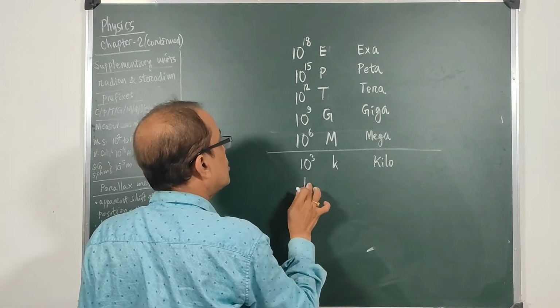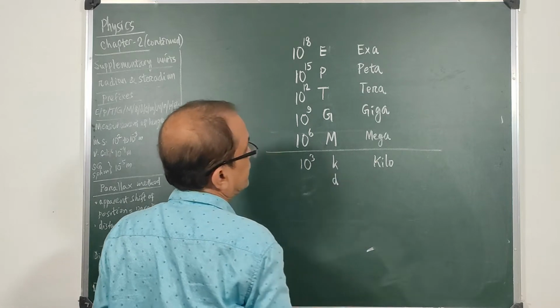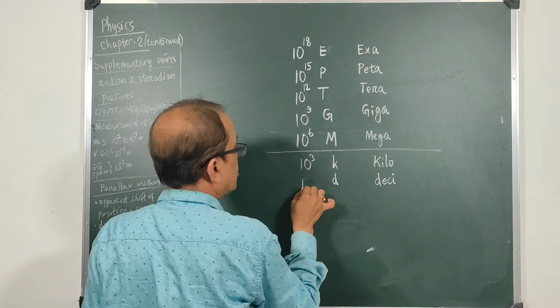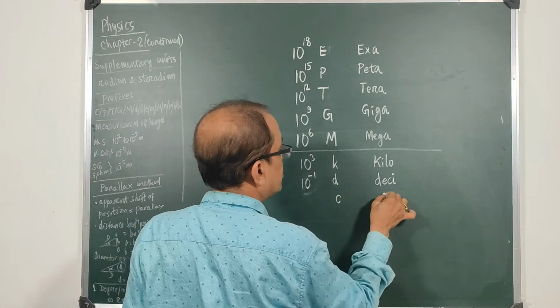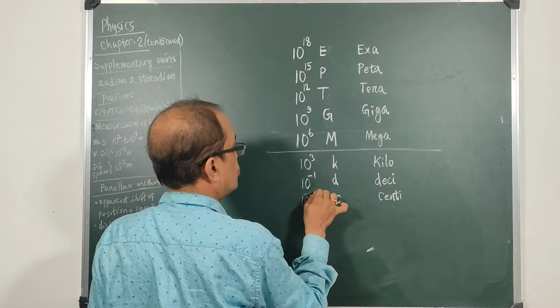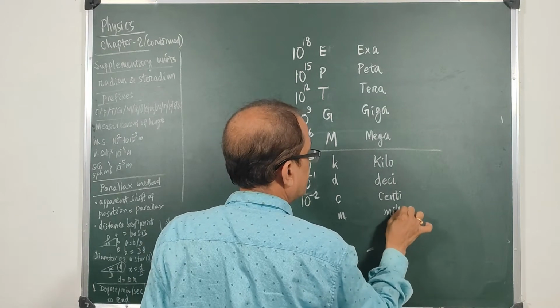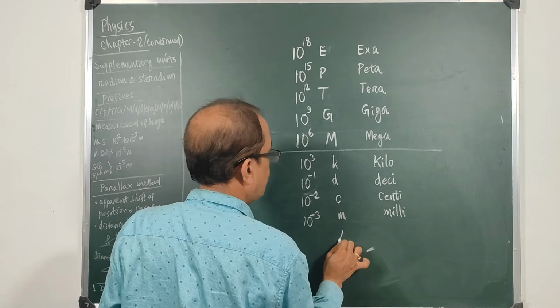Then deci, 10 to the power minus 1, then centi for 10 to the power minus 2, then m for milli, that is 10 to the power minus 3, then mu,